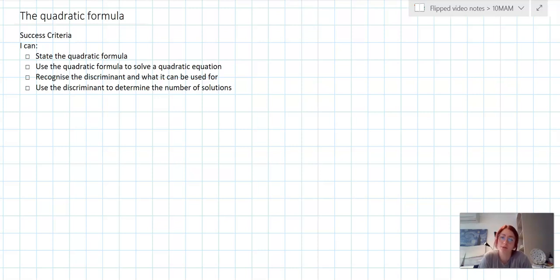The final way we have to solve quadratic equations is by using what's known as the quadratic formula. This is something that is not on your formula sheet, but it is a very, very useful formula. So I need you to memorize it. Like just every day, go look at it. I'm going to test you in class. But what our quadratic formula is